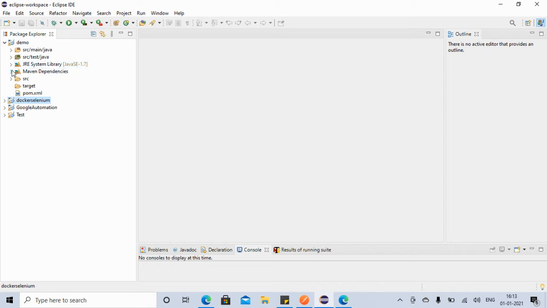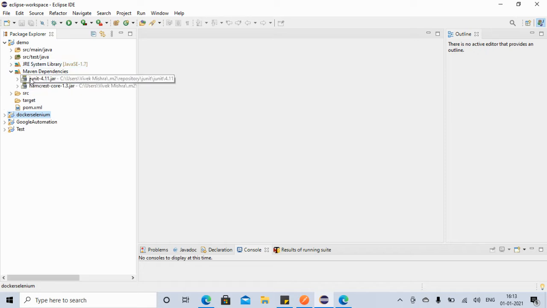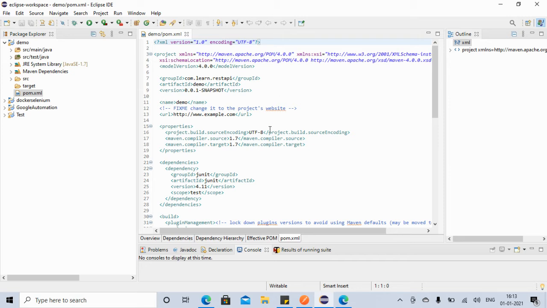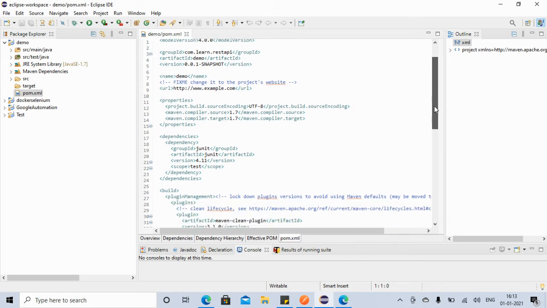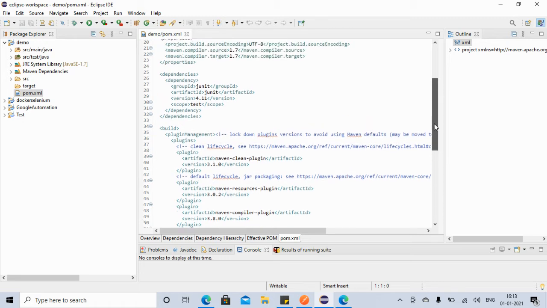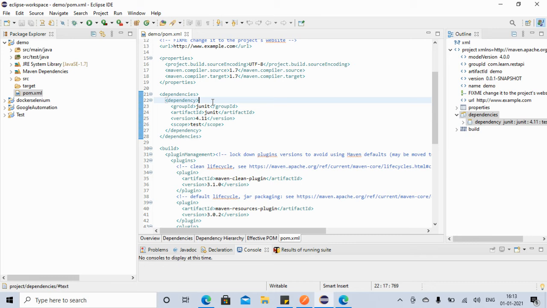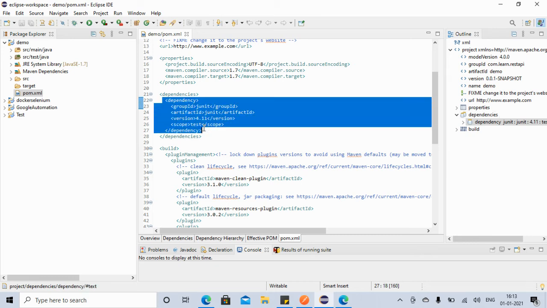Now if you see, since it's a Maven project, we have some dependencies, and there is a pom.xml file. So I hope you know a little bit of this concept of Maven project. If you don't know, that's fine. What we do here is, we can add a dependency in this dependency section. Like we have JUnit. So whatever libraries we need to automate our project, we can have it.